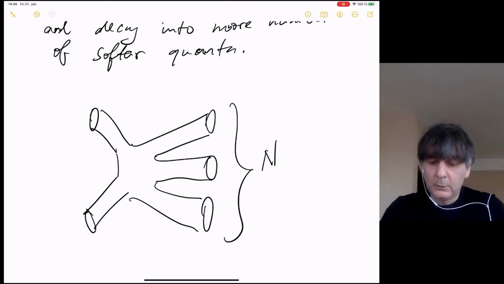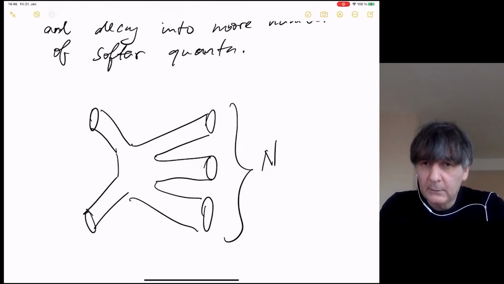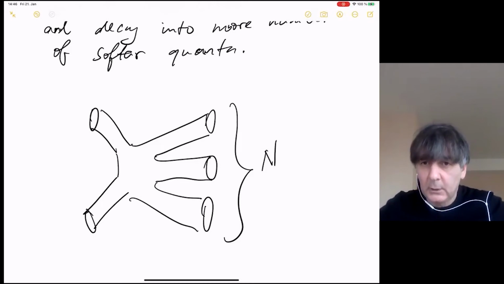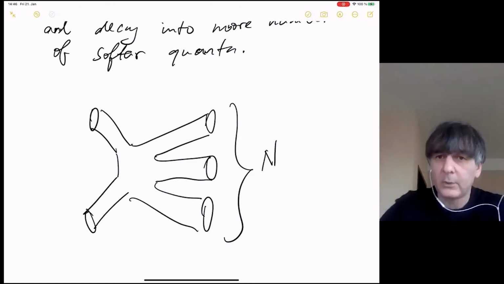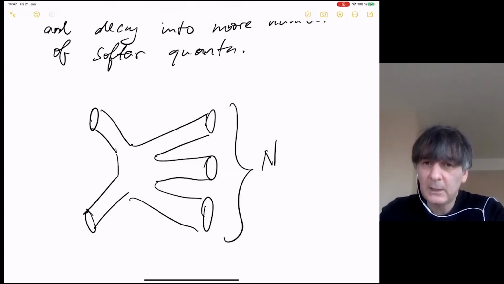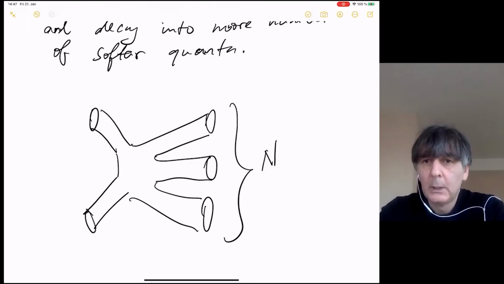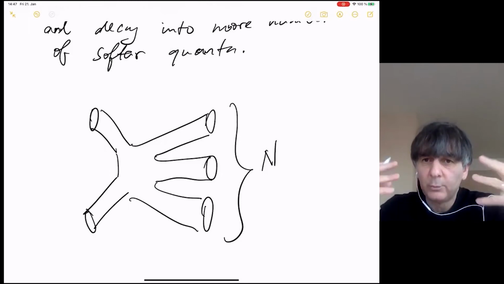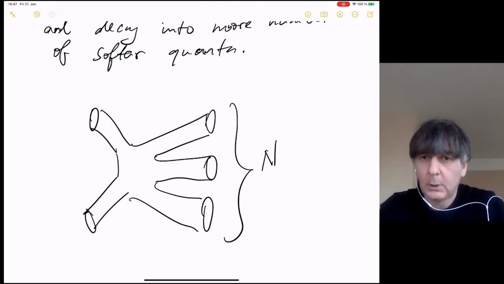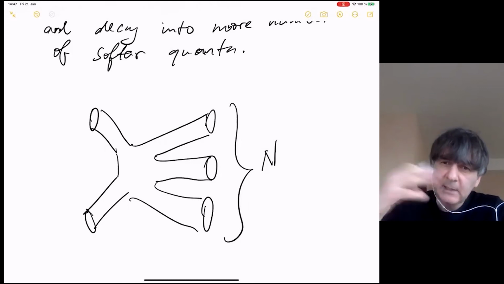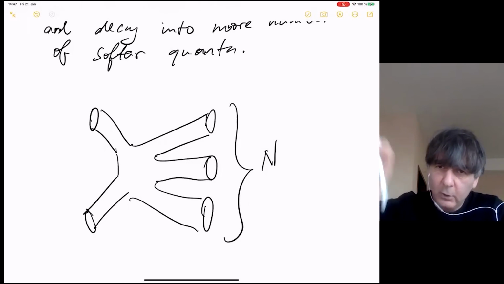String theory doesn't change the fact that deep UV gravity becomes again infrared gravity, because string theory incorporates Einstein gravity, and so we have black holes. Therefore, the statement that at very high center of mass energy the gravitational amplitude should be dominated by multi-particle soft amplitudes